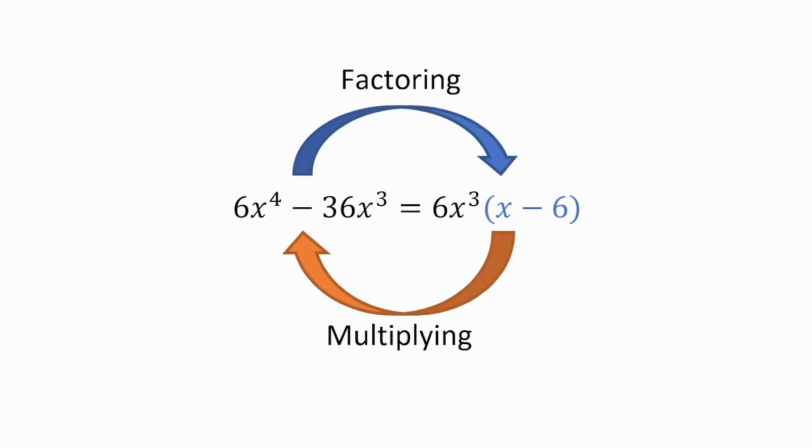And step 4, not written in this slide, of course, you can check your work. And when you check your work, you have your GCF, you just distribute it back to the 2 terms left over, or 2 or more terms left over. And we're just doing the opposite of factoring, right? The factoring is exactly the reverse of the distributive property.